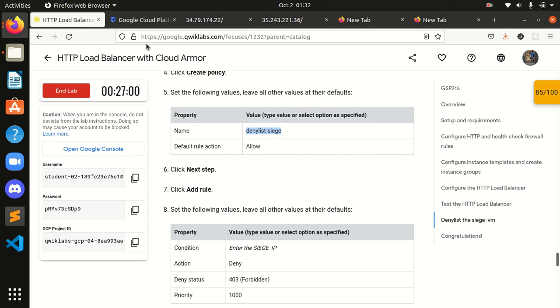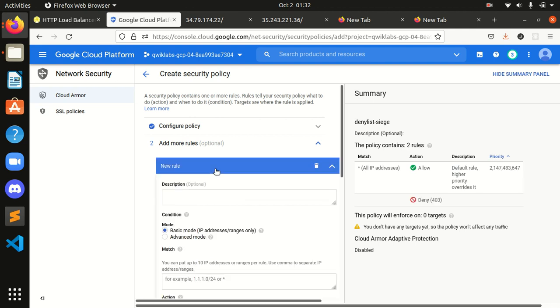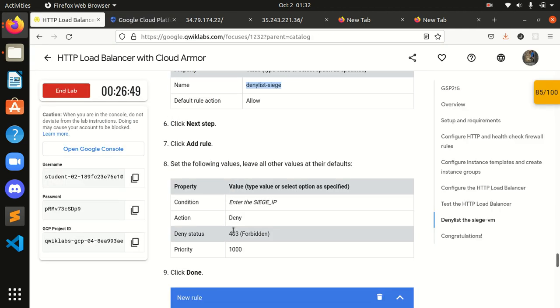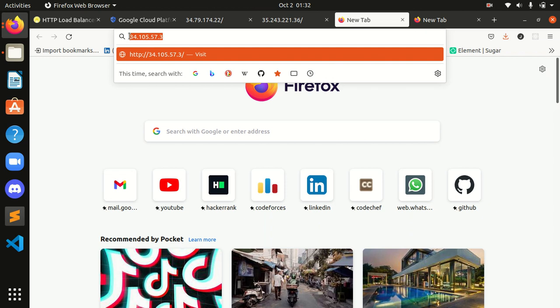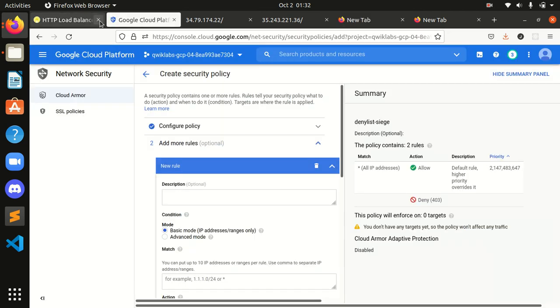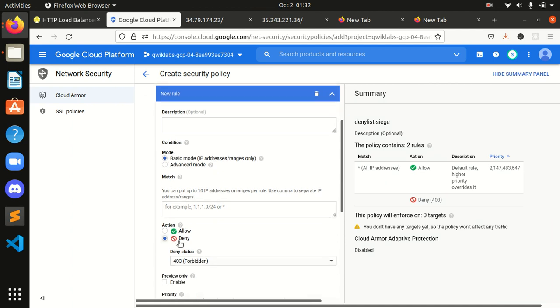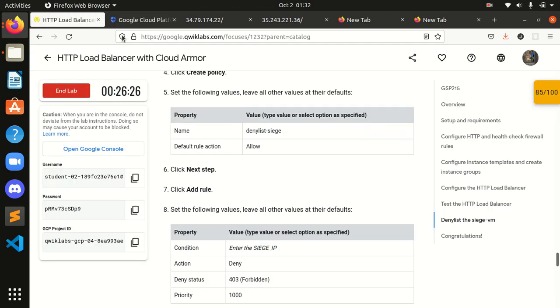Click next tab, click add rule, and over here in property, enter the siege IP. We will put the siege IP in the condition, guys. Okay, condition.